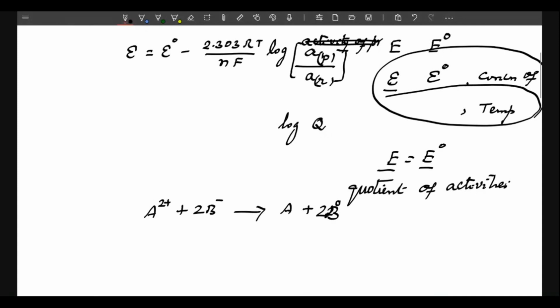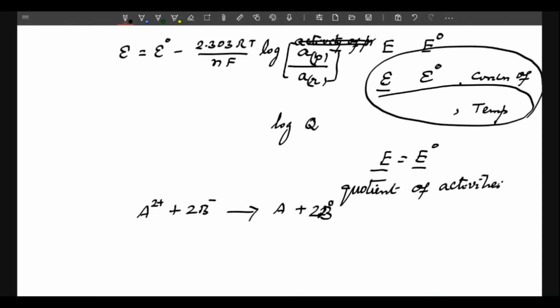Let us assume this is a cell reaction. Write down the Nernst equation for the cell reaction for the electrode potential or cell EMF. For electrode potential, if you want, E is equal to epsilon. It is a cell reaction, therefore epsilon should not be written. You should write it as cell EMF. E is equal to E naught minus